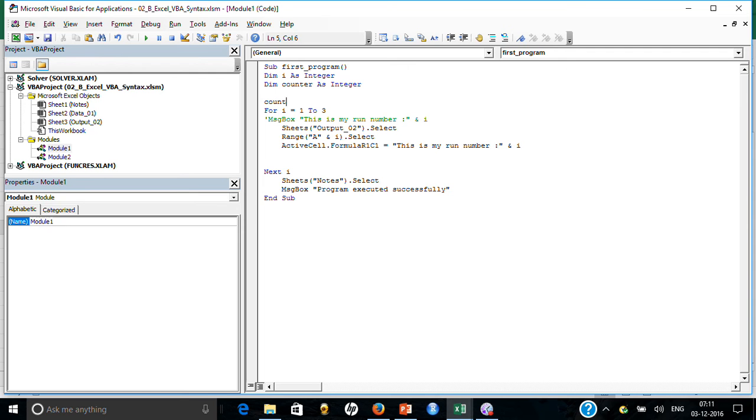First way is that I do counter, and I put an input box. Input box will give an option to the user so that he can enter a value. And look, the moment I wrote input box, it is showing me different things that are components of input box. So you can say prompt. You can say please type how many times you want to run this loop,